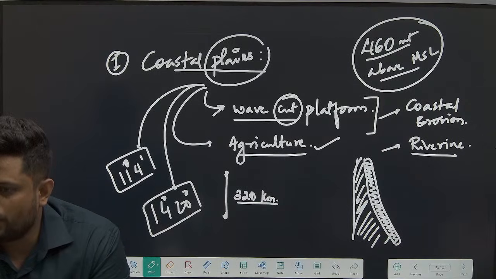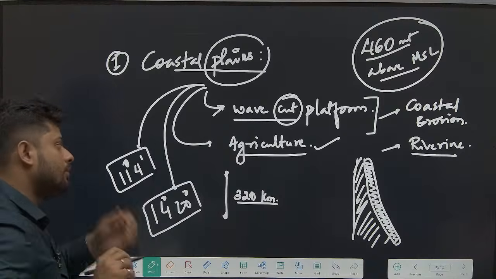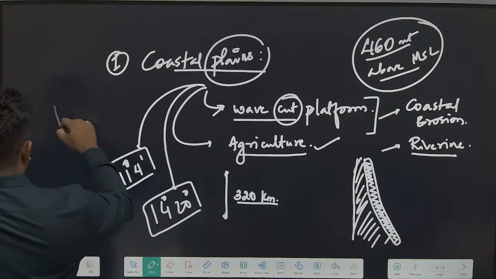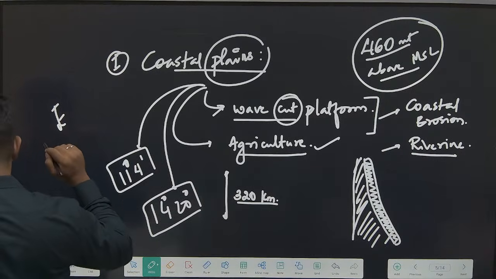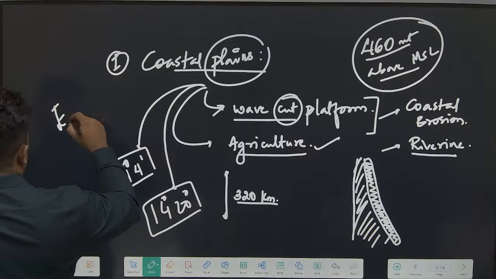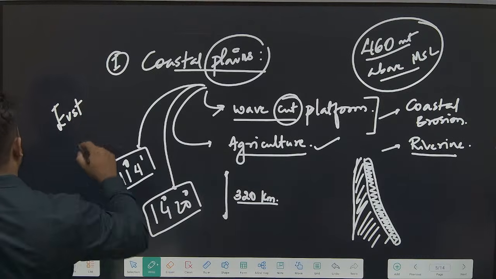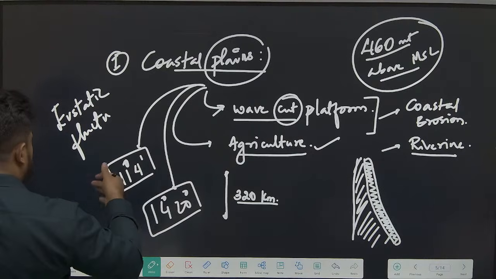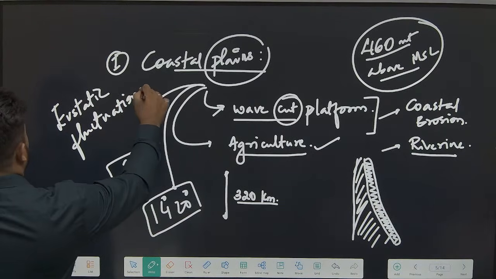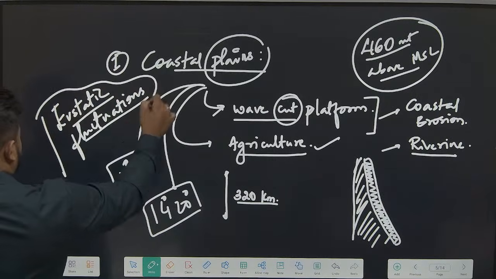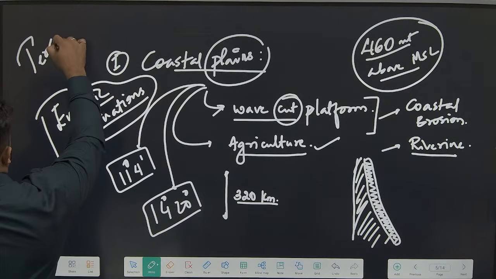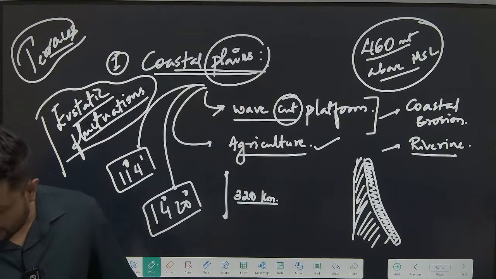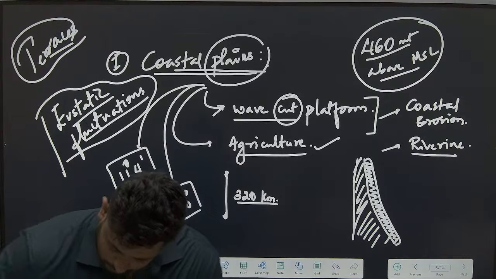All right. Okay? And if the examiner asks about the coastal plain, whatever is possible, I am discussing all of that: the western side of the Western Ghats, or Karnataka, has been influenced by eustatic fluctuations. The technical term may be given, they are giving it. Eustatic fluctuations. Or if the examiner uses the word terraces as far as the coastal plain is concerned, what do you think? Do you know about this? What are terraces?